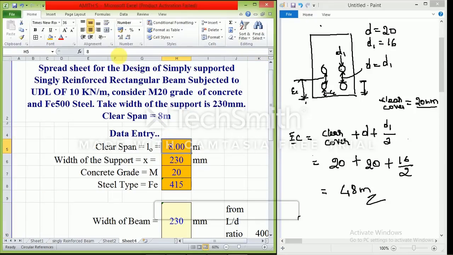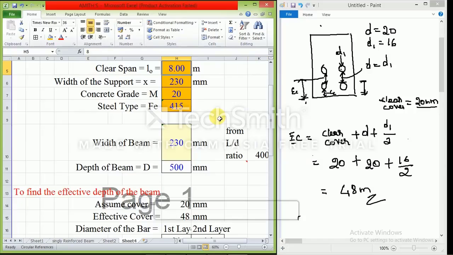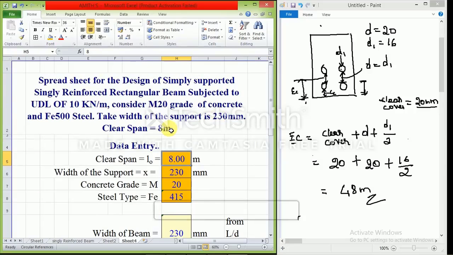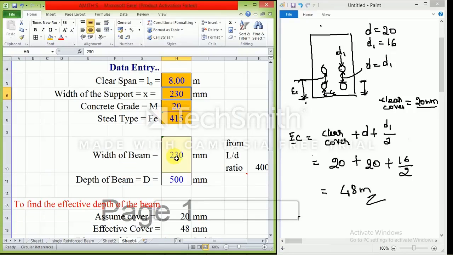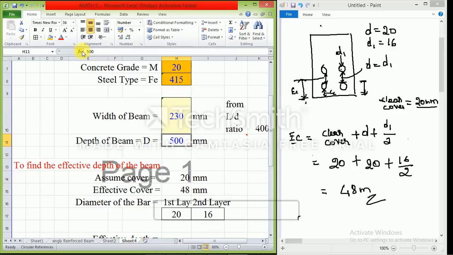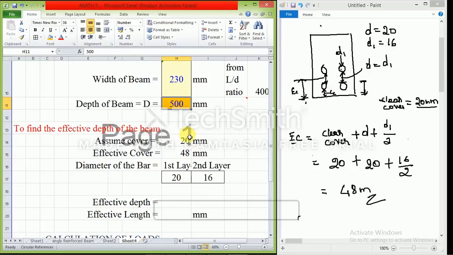But this, see here 8, it is not in the format state. If they have given some other question, you can directly change the value so that all the values present in the Excel are going to get changed. So this is flexible, this is not flexible. This is what you are giving, this is what you are entering. I'll make it yellow color.